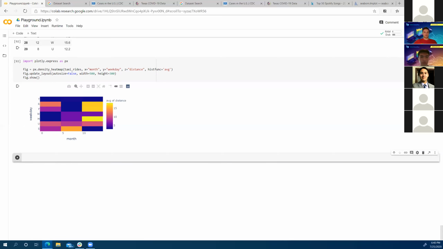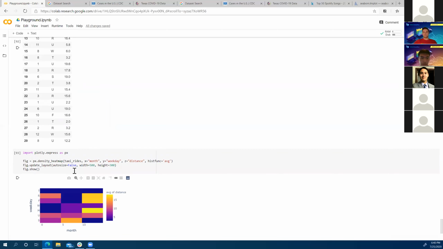Okay. Are there any questions on this work that we just did here? Can the hist function do different things, not just mean?